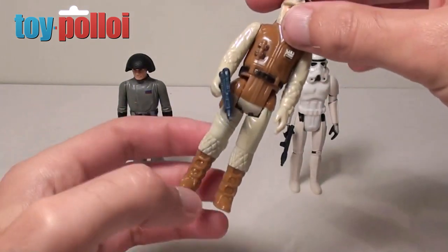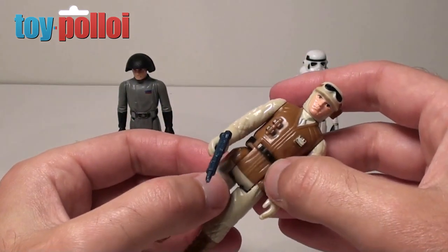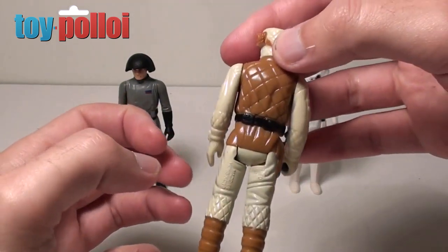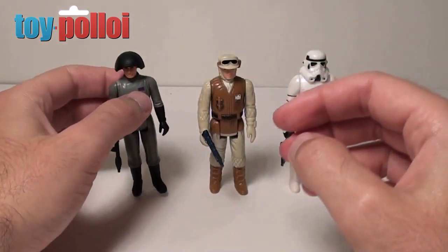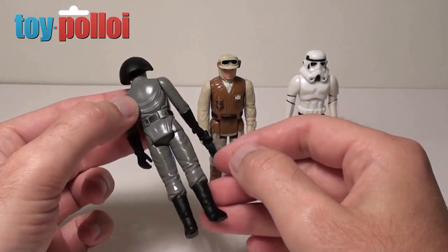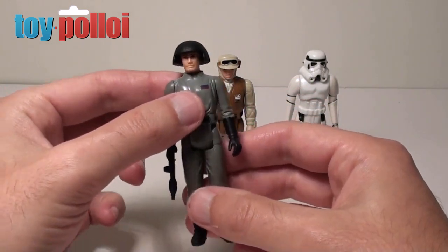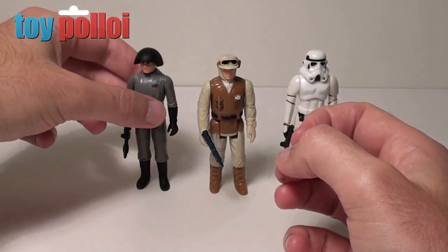Probably the hardest one to get the rubber band stuff off was this guy, just because there's quite a lot of detail in his torso, especially where the rubber was stuck under his belt. But as you can see, that's looking pretty nice now, and it's good enough to go back on display. The hardest one paint-wise is this Death Squad commander. He just had a lot of play wear, and he's actually missing his thumb on one hand, but this is not too bad a figure now, and this will go happily into my Stormtrooper army display that I have going on